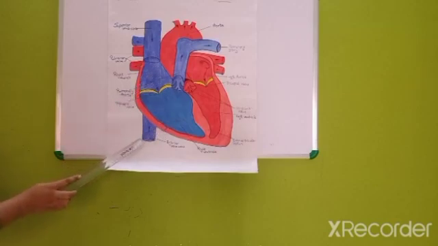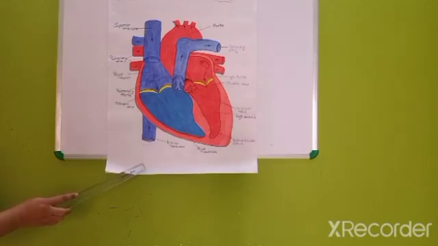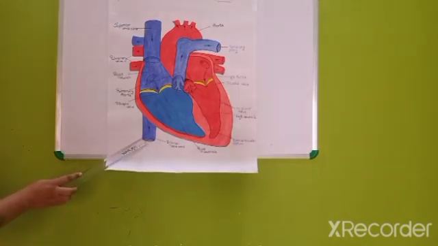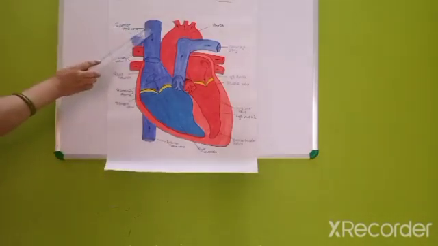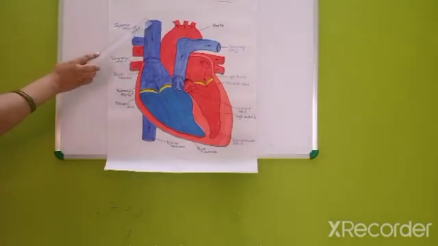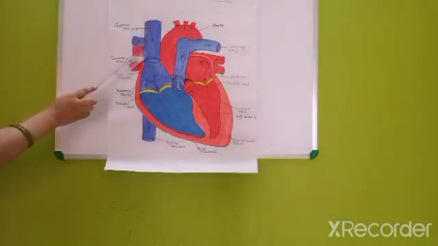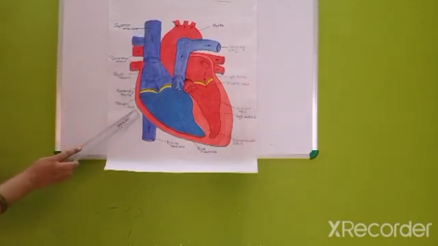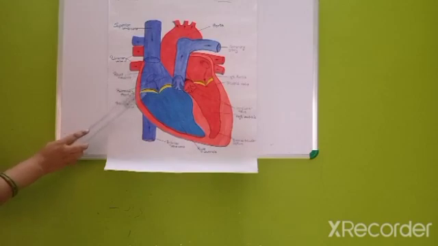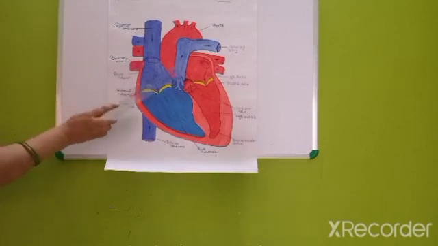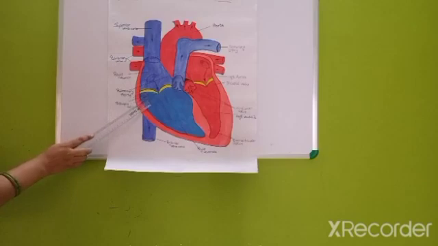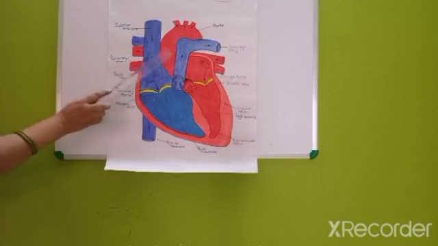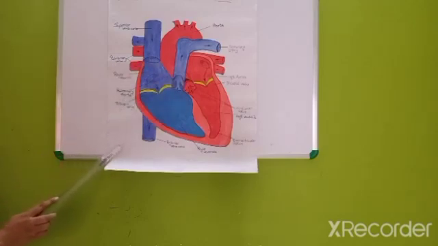Now the third type of blood vessels are those that bring blood to the heart. First, the inferior vena cava brings deoxygenated blood from the lower part of the body, and a superior vena cava brings blood from the upper part of the body, which is also deoxygenated blood. So these are the blood vessels that help in pumping and collecting the blood. Along with the heart, these are the helpers of the heart.